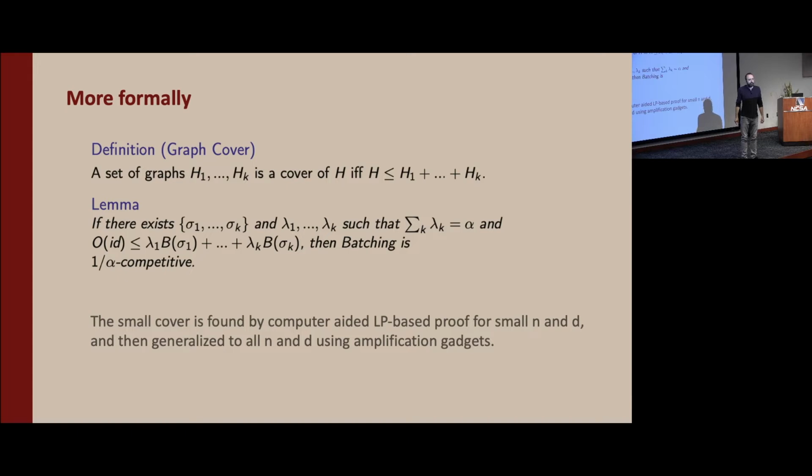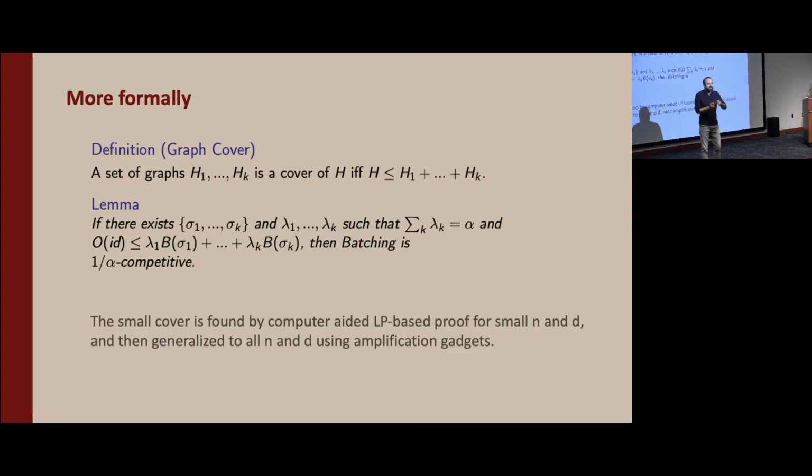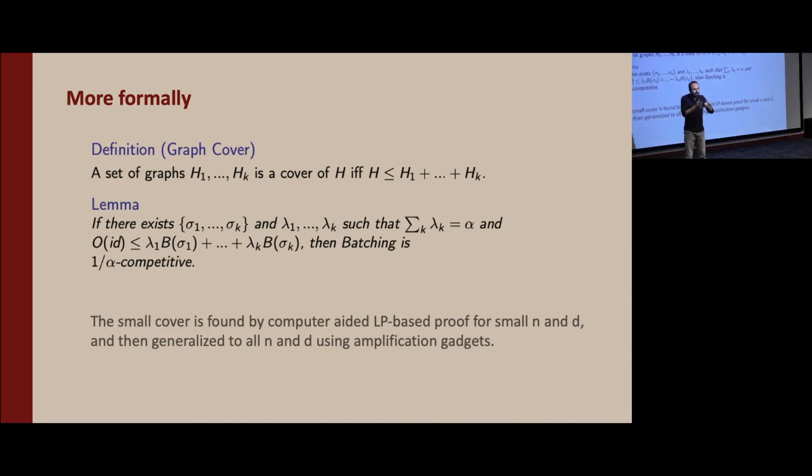Yes? Sure. Where did the permutations come from? So the permutations correspond to different runs of the algorithm, because all the permutations are equally likely. So I want to think about the performance of the optimum for this particular permutation. I don't relate it to the performance of batching only for this particular permutation. I find 5 other permutations and say, oh, if the optimum is getting a value of 20 here, the batching for this permutation and that permutation and that permutation also gets 20. How do I do that? By finding this cover.